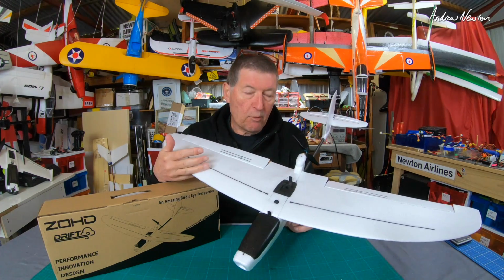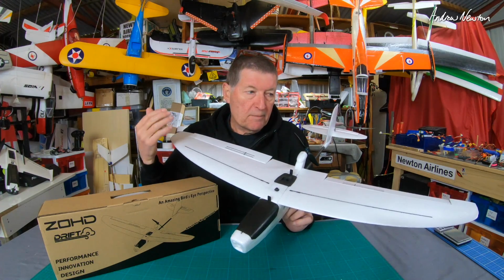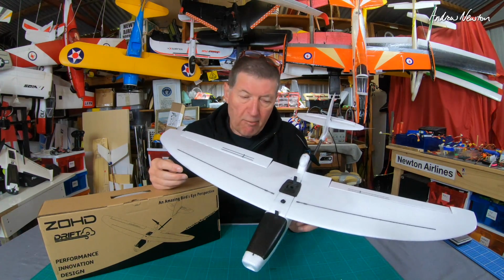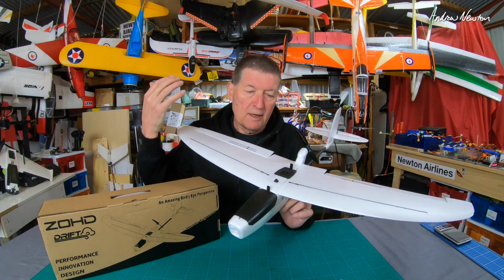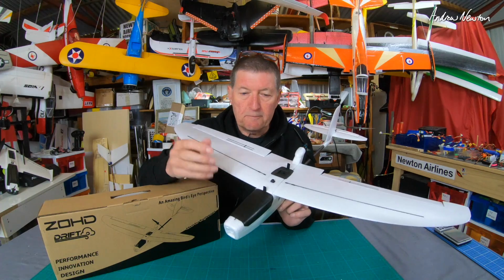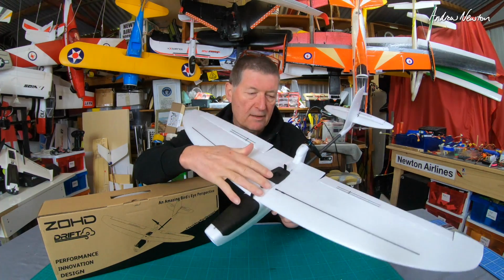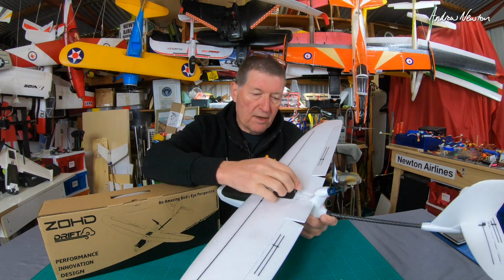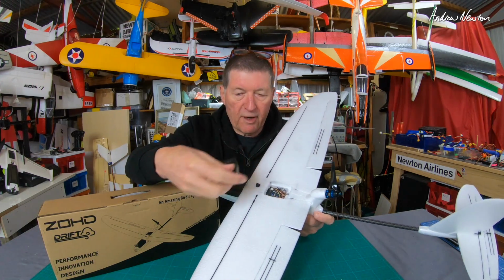It can work as a slope soarer, just for nice, sedate, calm flying around. You can do aerobatics and go fast with it if you want to, but it's set up for FPV as well. Beautifully designed. It has all the usual ZOHD clever design ideas, like a little spot for your flight control board,